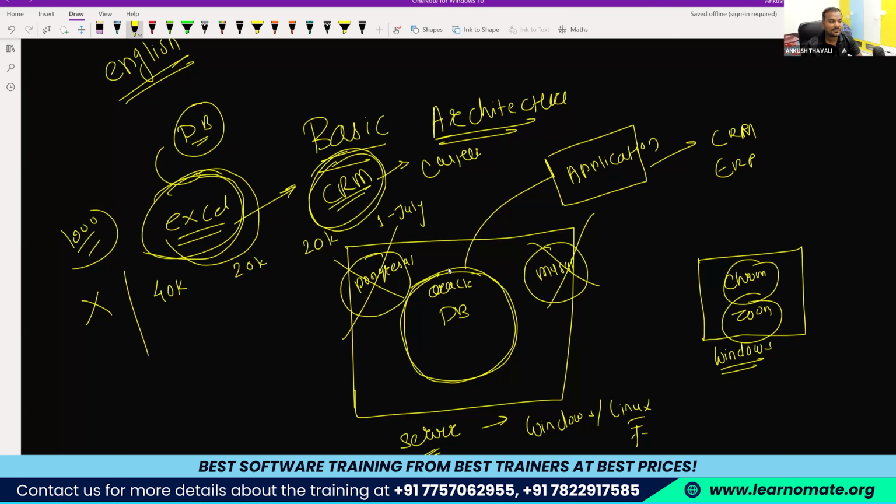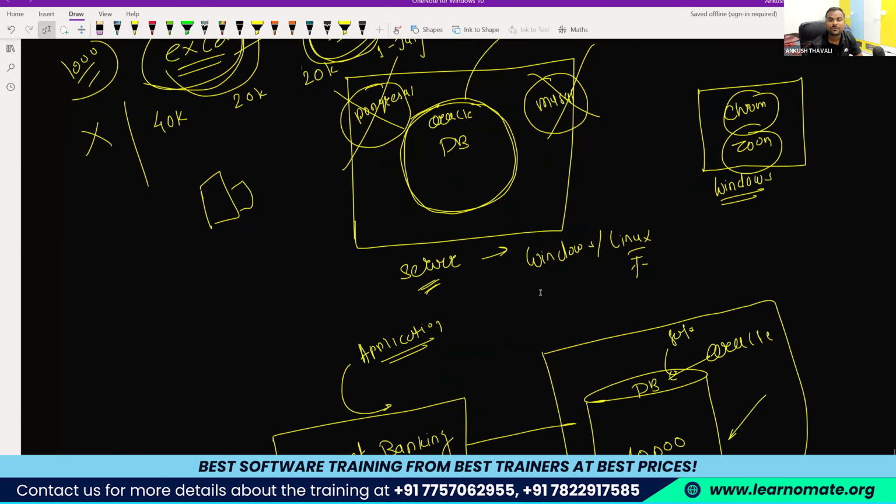We can see the small details, like what is the revenue from this July batch, what is the revenue from the last batch. We can compare the revenue also. So this facility we got under the CRM application. But does the CRM hold the data? No, the CRM is not holding the data.